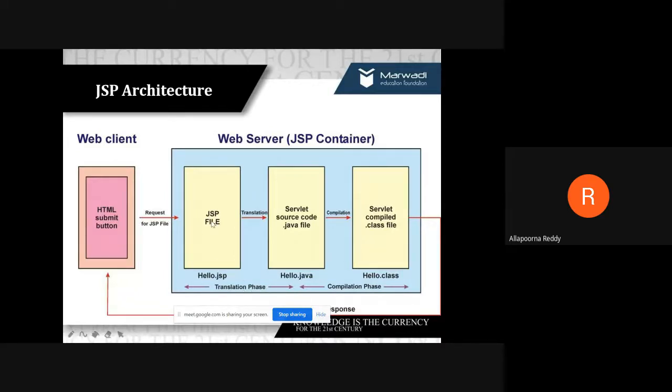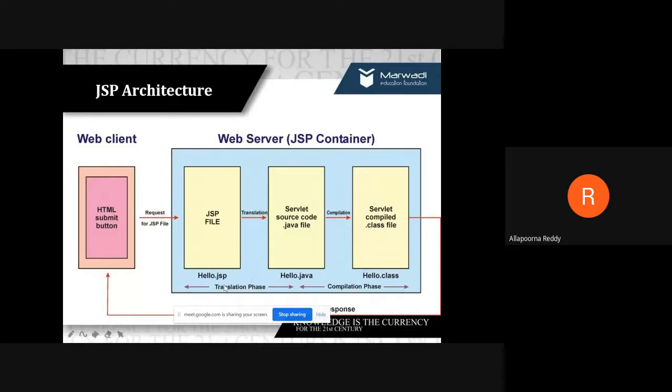Once the request has been received, the hello.jsp file will go through one phase which we call translation, or I can say conversion. The JSP is converted into .java, so once again it becomes your servlet.